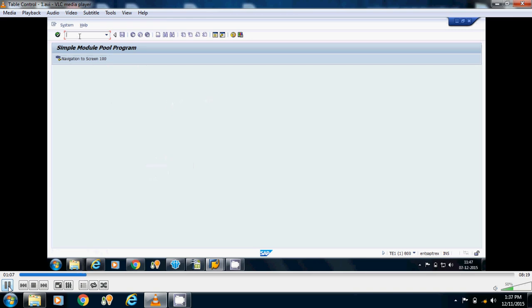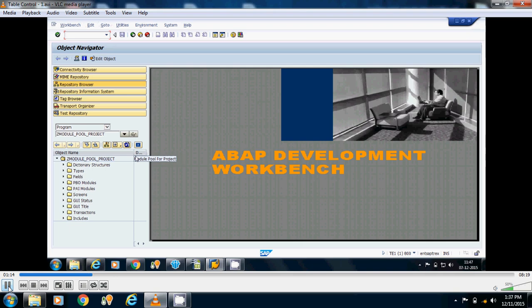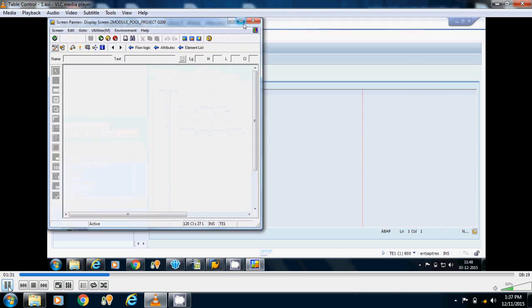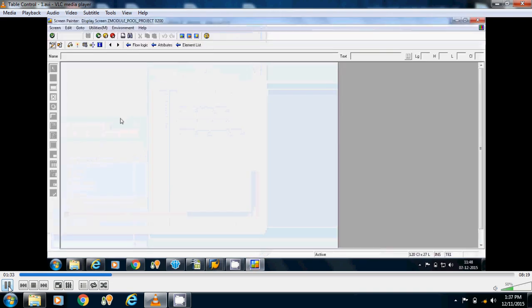Now how can we display the item details? With the help of table control, we will display this. So I am moving on to screen 200. I am going for layout, and in the layout, we will design the table control.